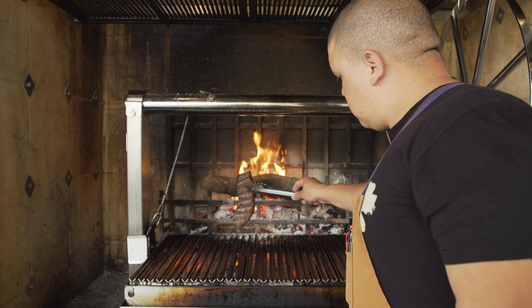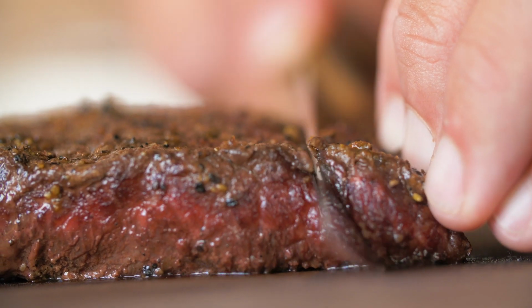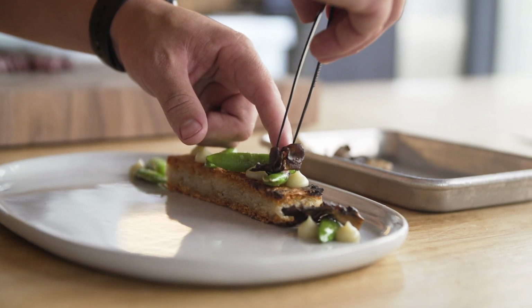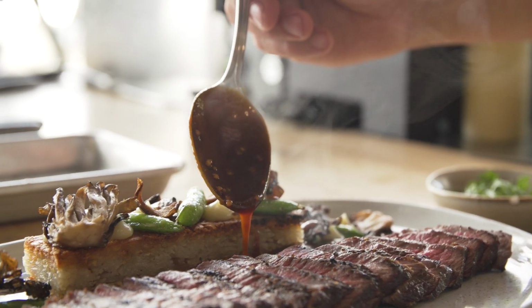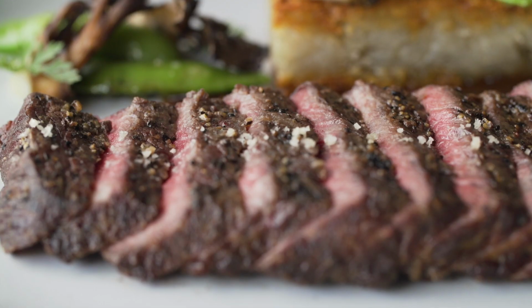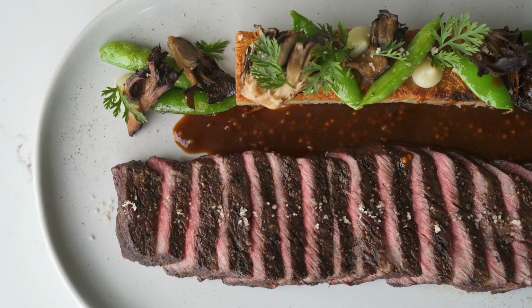This is our Australian Wagyu steak with a roasty potato, coal-roasted maitake mushrooms, sugar snap peas, fennel puree, sauce robert, and truffle salt. This truffle salt comes from a single-family farm in Bali with dried summer truffles that smells absolutely incredible. At Fort Oak,